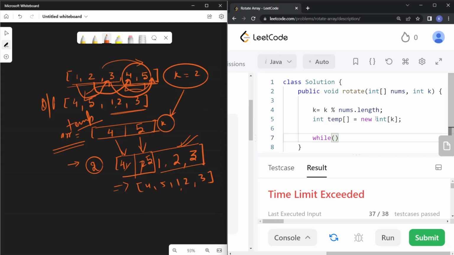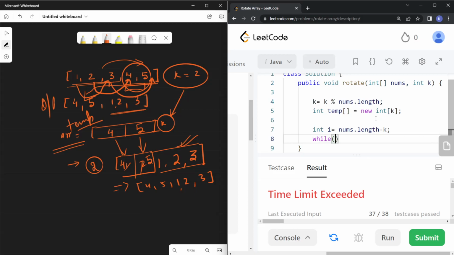A very simple approach would be to have your first pointer set to nums dot length minus k position. So let's have this pointer here: int i is equal to nums dot length minus k, right? And while i is less than nums dot length,